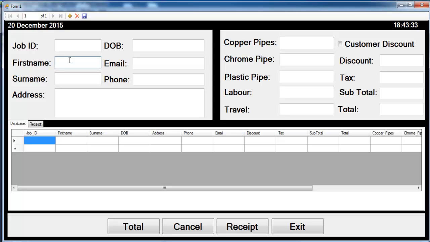So that will be Alan, and the surname will be Dallas. Then the address, let's say he lives on, now, 16 Hallway